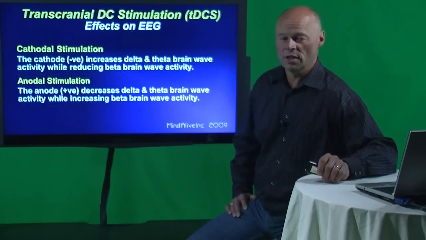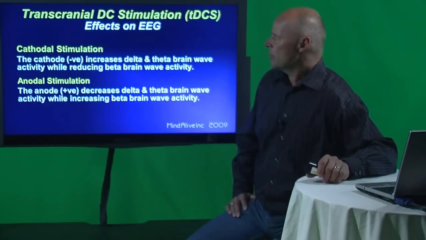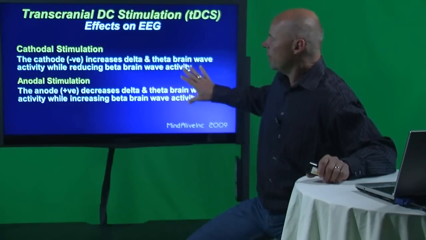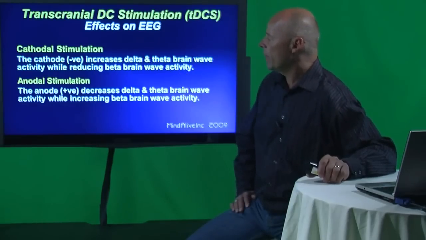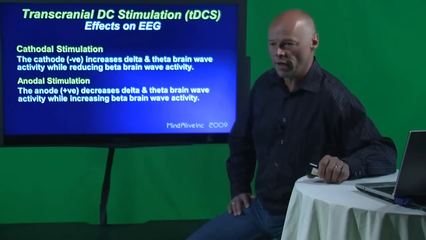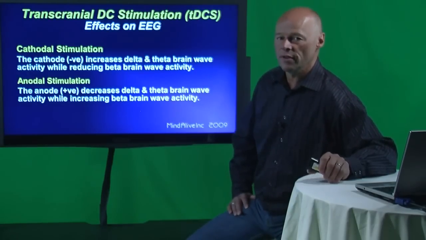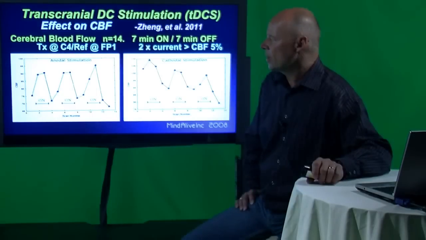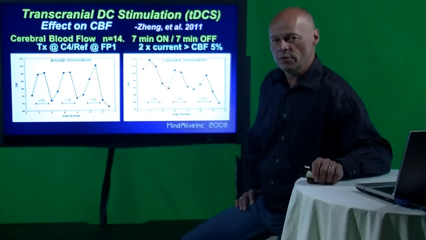Transcranial DC stimulation has been shown to influence EEG activity. As we can see here, cathodal stimulation, or the negative electrode, increases delta and theta brainwave activity while reducing beta brainwave activity. We can also see that anodal stimulation, or the positive electrode, decreases delta and theta brainwave activity while increasing beta brainwave activity. This fits in nicely with the brainwave model, that if we're decreasing delta and theta brainwave activity while increasing beta activity, odds are we'll have an increase in